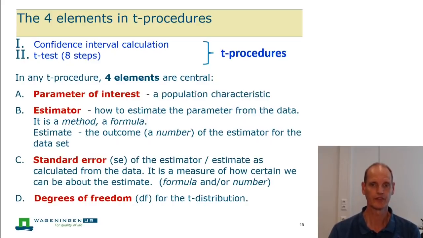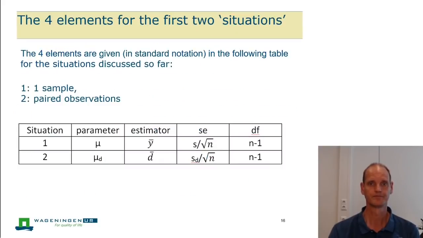Finally, we have the degrees of freedom for the t-distribution. In the first case, we saw that n-1 was these degrees of freedom. A short overview for the first 2 situations shows great similarity between the two: the one sample case and the paired observations case. We see the parameter, estimator, standard error, and df, degrees of